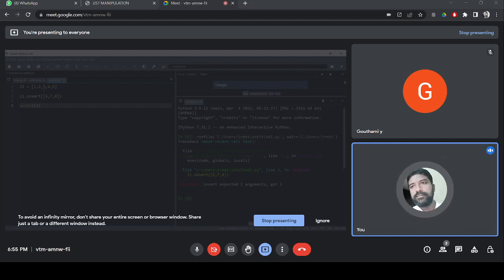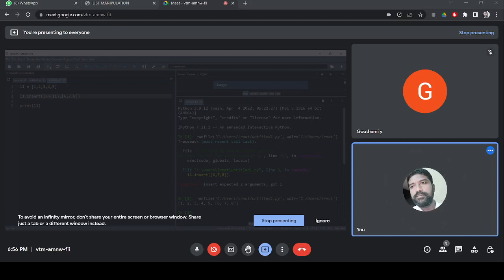Insert expected 2 arguments. Okay. Because I didn't give the first element, index number. I am giving L1 length. L1 length, comma. Oh, sorry, I am printing in type. In a print statement, I am modifying. I have to modify in list. Len of L1, comma. Happily, it is inserting. 6, 7 has been becoming